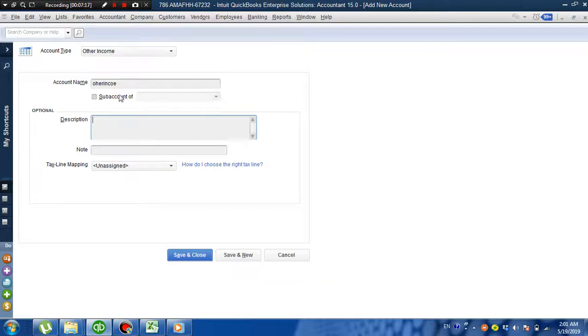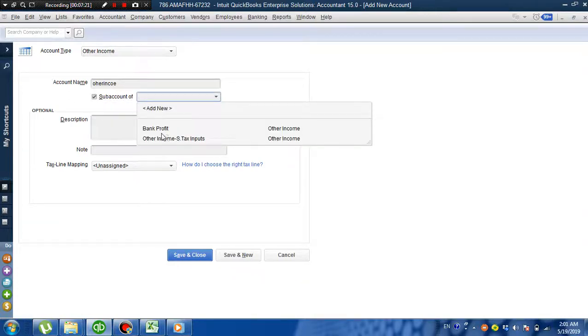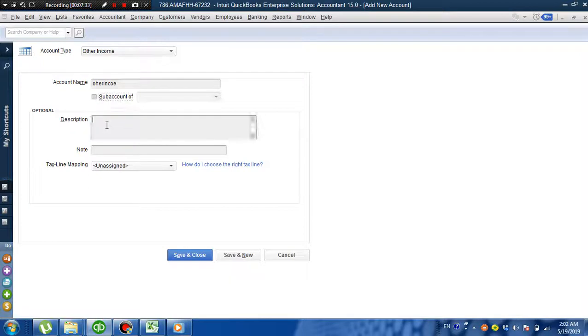And if you want to make it a sub account, here are the income account, bank profit or other income, sales tax input. Since we don't want to select any of them, as these are not related to this, we don't want to select this. We don't have any description for this, but we can write a description that we use this chart of account for non-regular, casual sales.